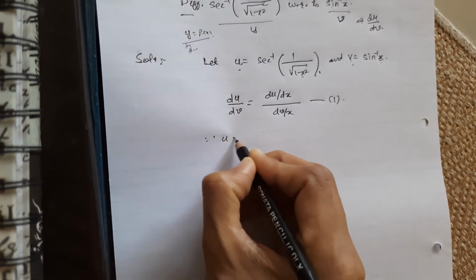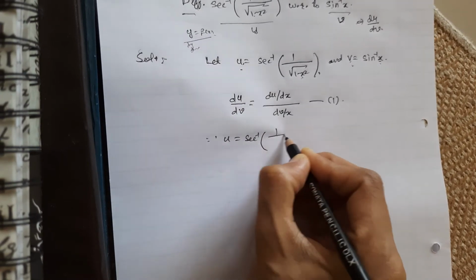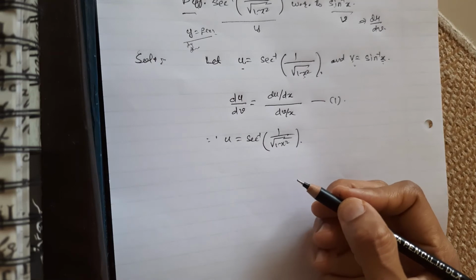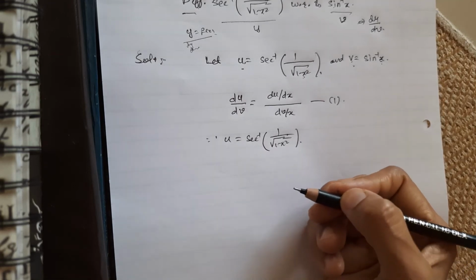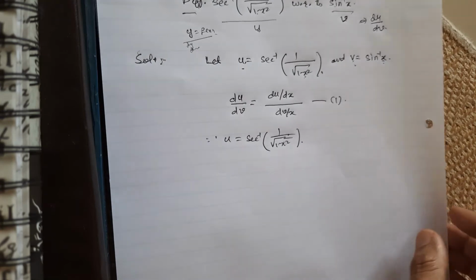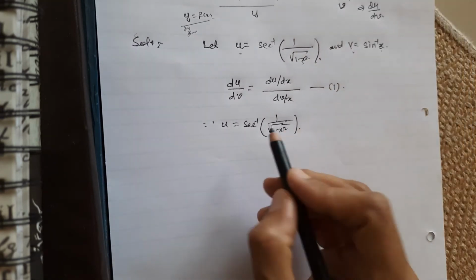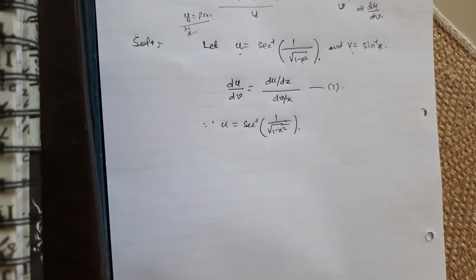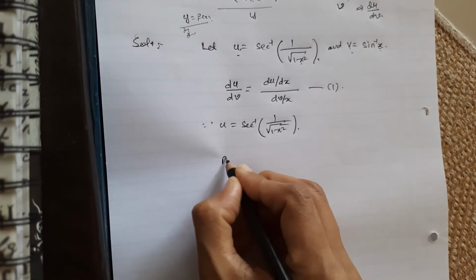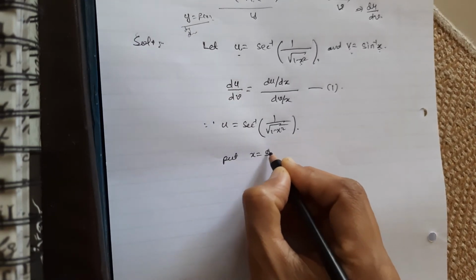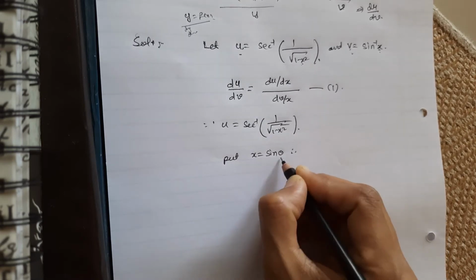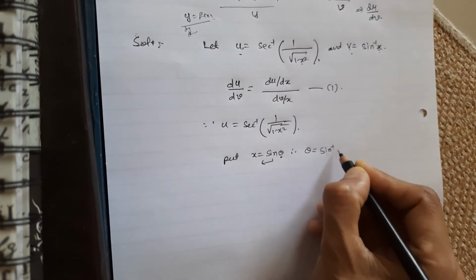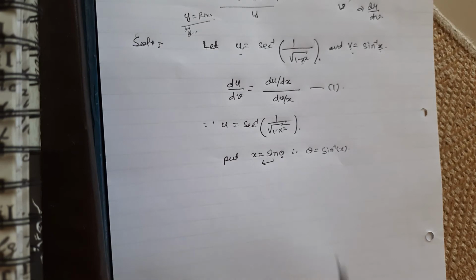So since u is sec inverse of 1 upon root 1 minus x square, we have just seen that for inverse trigonometric functions, if we use the trigonometric expansion and formula, it will become very simple to find the derivative. Otherwise you can use the composite function here and just find the derivative, but I am using the trigonometric substitution. So I am substituting, put x equal to sine theta. Therefore from this equation, what will be the value of theta? Just take the sine to this side, so it will be sine inverse of x.